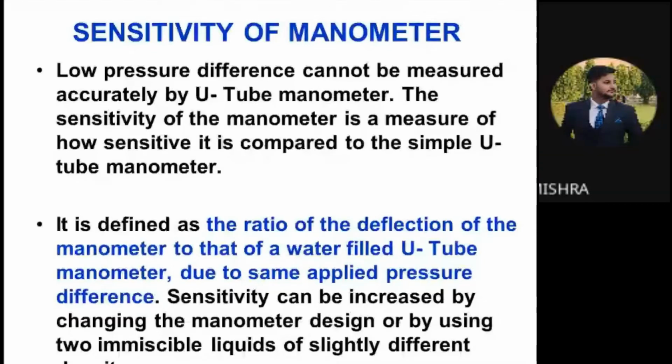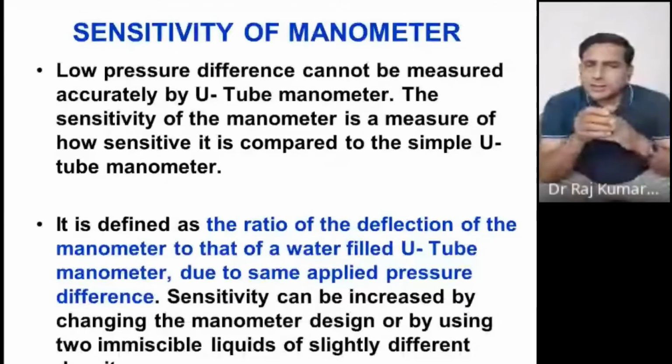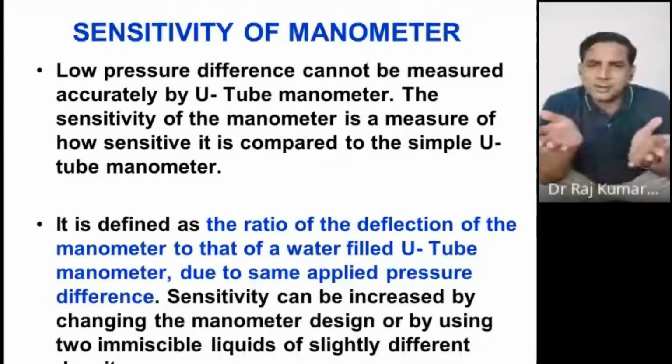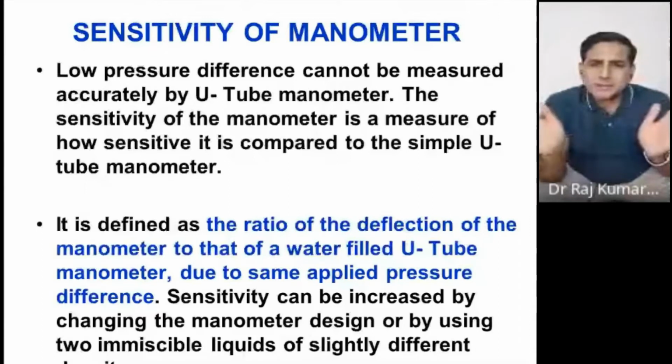So generally, in case of a U-tube column, height. The height difference we are already calculating. So H2 upon H1 is called the sensitivity, and that comes from this calculation as rho 2 upon rho 1 only. So in your hand, there is only the density of the fluid. In case of a U-tube, you can just change density, nothing else.